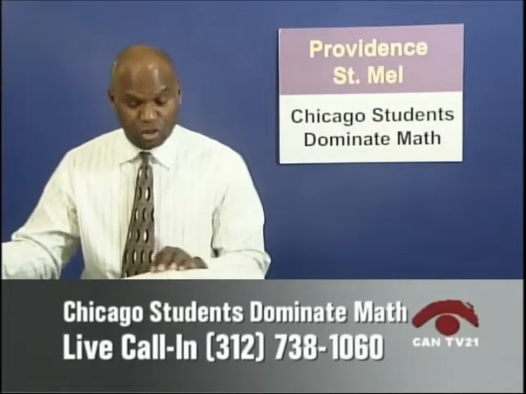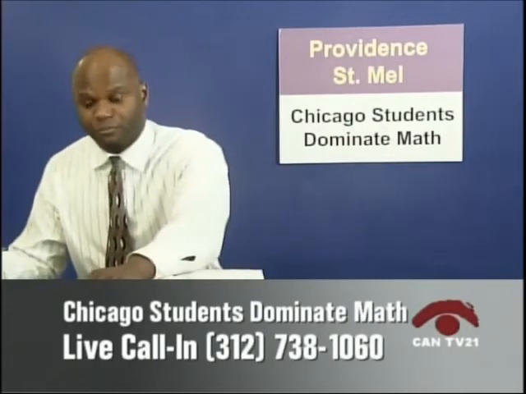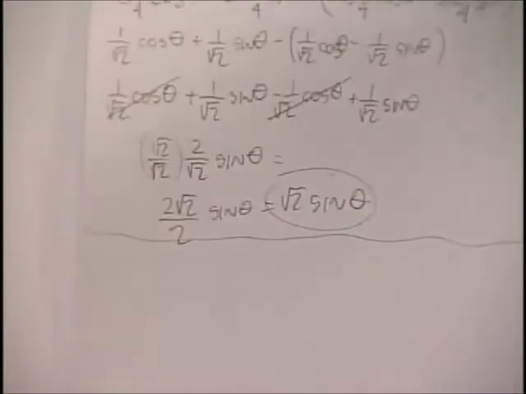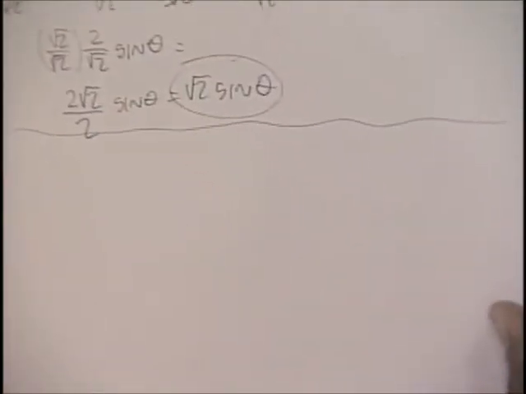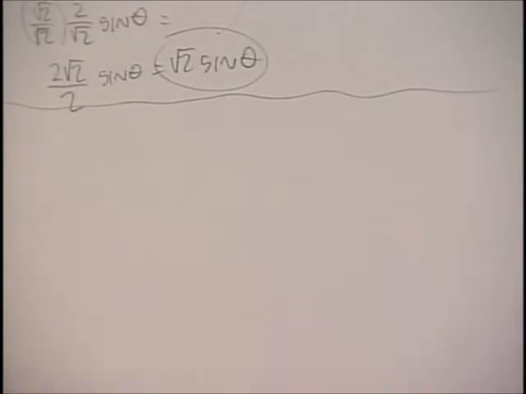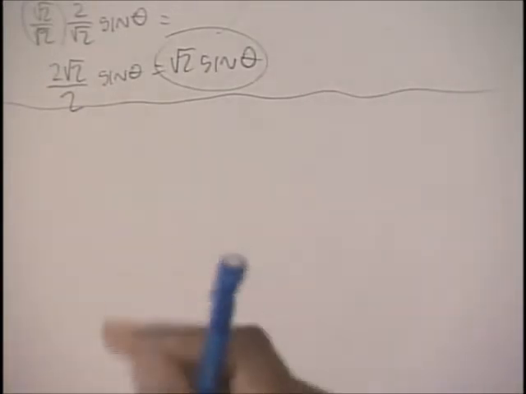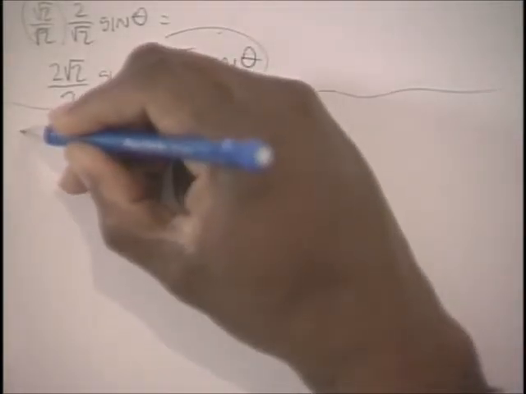Let us look at another example. Let's take a look. All right, so here's another problem. I'm going to focus on just identities. Here's a problem right here. Here's a problem that says the cosine